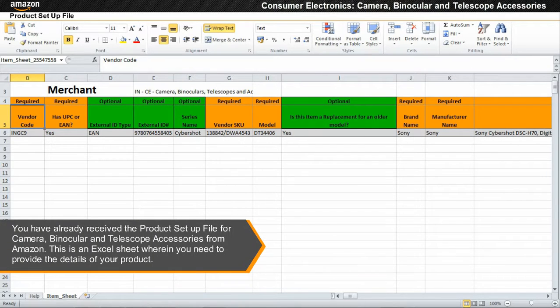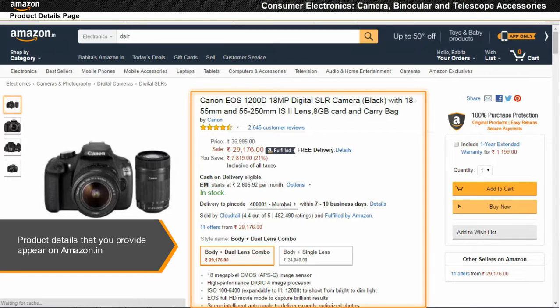You have already received the product setup file for camera, binocular, and telescope accessories from Amazon. This is an Excel sheet wherein you need to provide the details of your product. The details that you provide will appear on Amazon.in against your product and will be viewed by your customers who intend to buy your product.